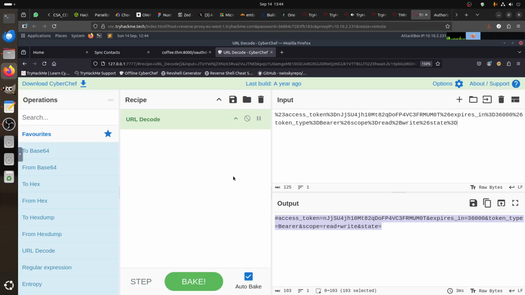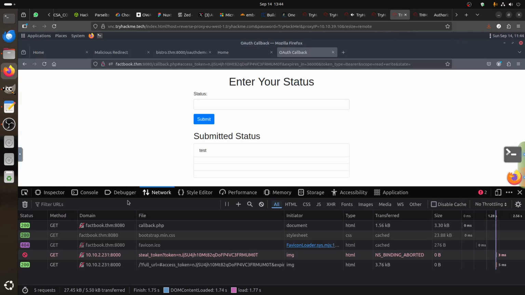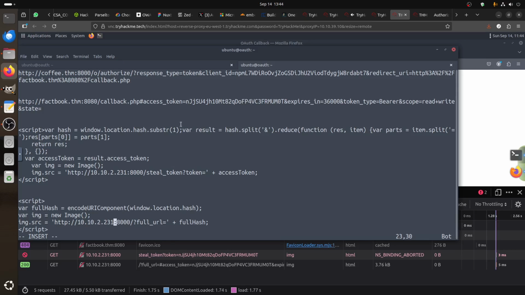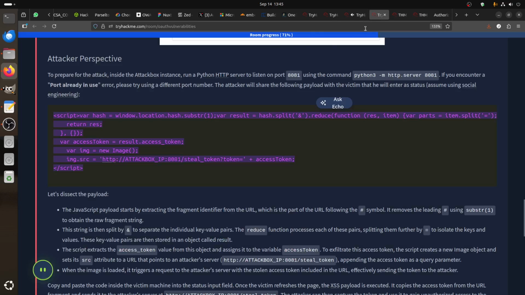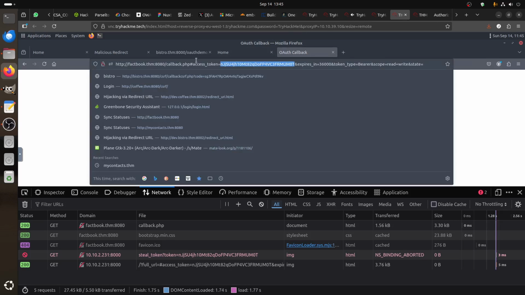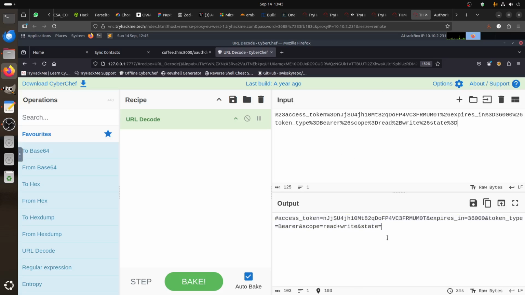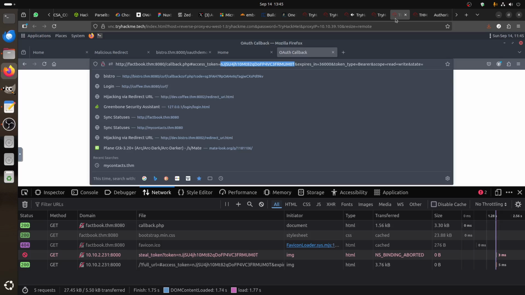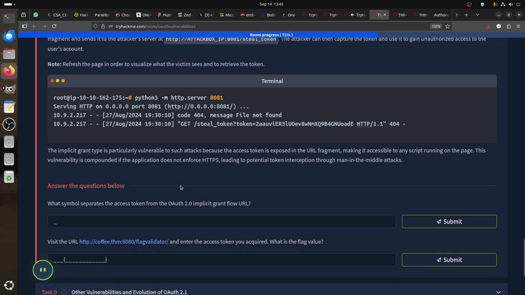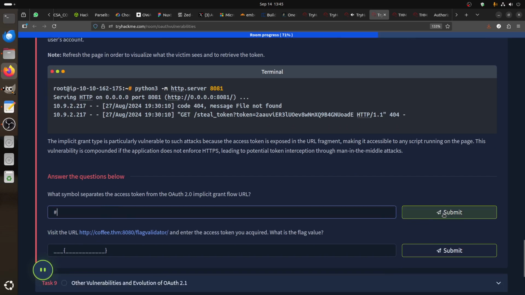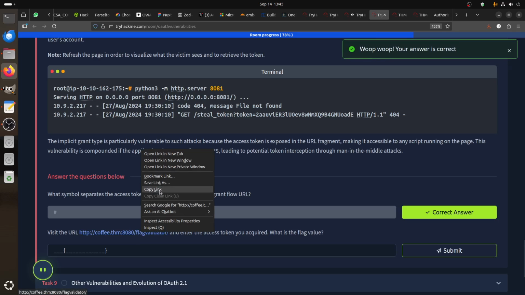So you can think about it. Usually when you have SSRF, you can just use this, get the whole thing and finish. So here we stole the whole code and the whole bearer address, and that's what we got. We got the access token, we got expire, we got type, we got all of them, and that's exactly what this is doing here. And then the symbol, we've been talking about it, is that one. And then he said this one is to validate